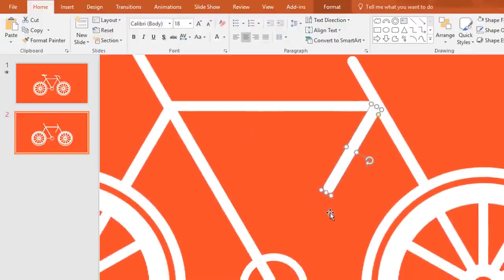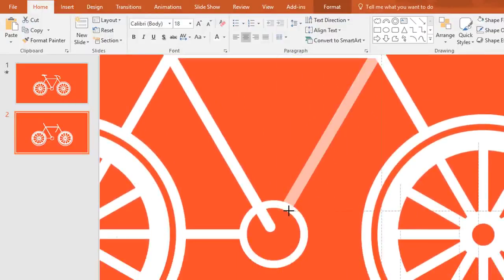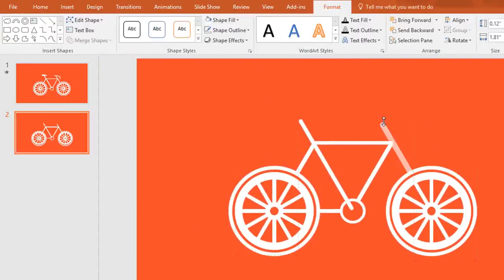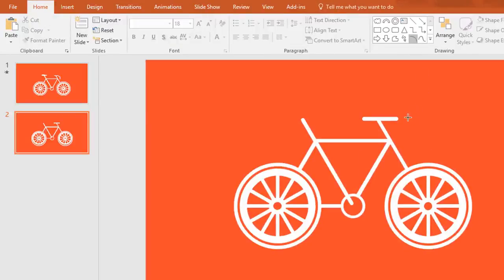Now place it here and resize it like this way. Now I'm resizing the height of this shape a bit more. Then make a duplicate of it, rotate it and place it over here. Now pick an arc shape and holding Ctrl Shift, make it like this. Then place it here,